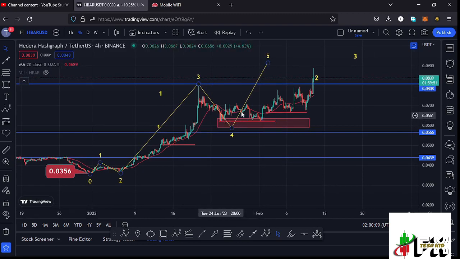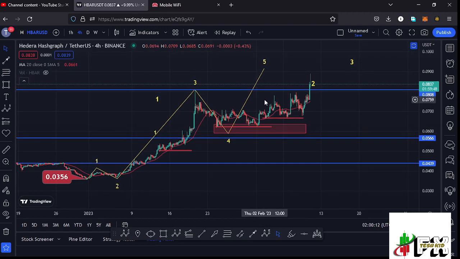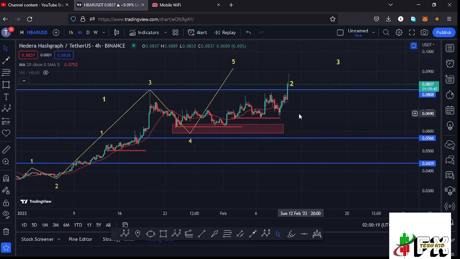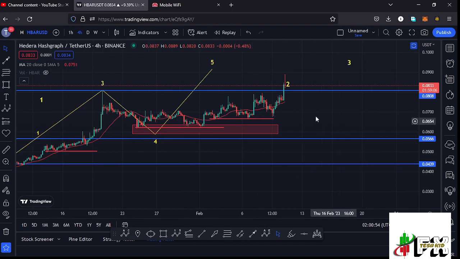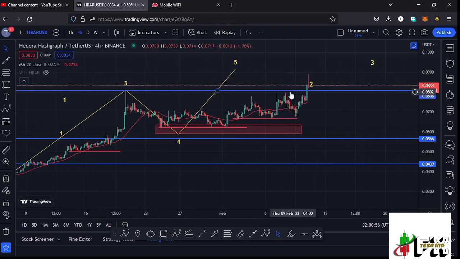And I believe whatever we are seeing at the moment is the start of a bounce to the upside in the formation of this wave 5. And before I give you my next price targets over here in the formation of this wave 5, there are key moves that I predicted in my previous video, where I said that we needed a break above the 20-day MA and also a break above the key high at around the $0.0808 mark. And the moment we see those two moves here on the Hbar chart, that could trigger an even more explosive move to the upside to fully maximize our target areas in the formation of that wave 5 to the upside. And at the time of this recording you can see we have managed to break above the 20-day MA here on the 4-hour chart.